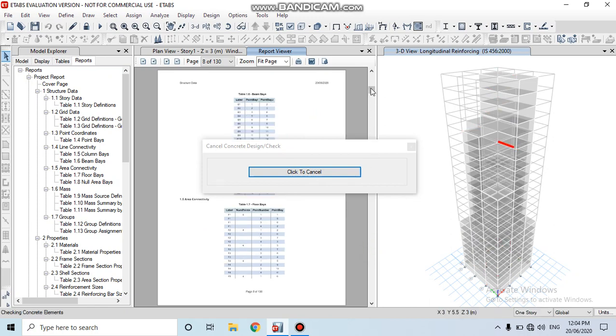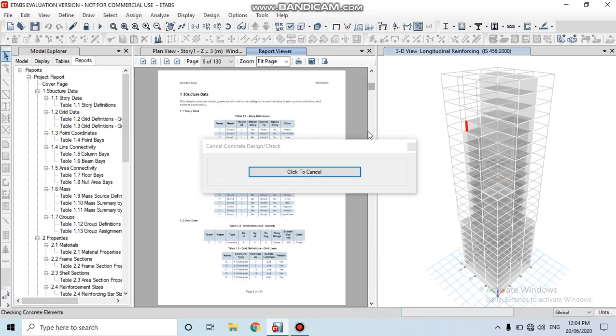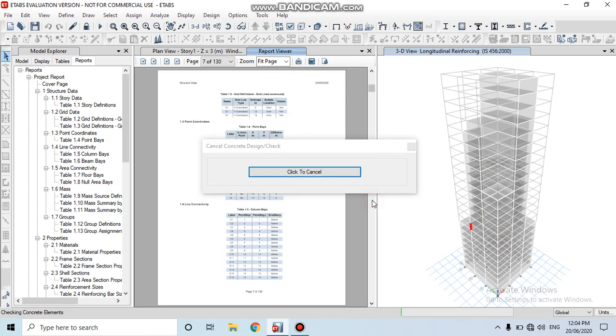Here we can see the list of stories which I have considered and the grid definitions.